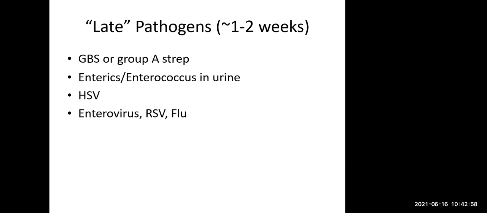Okay, for late onset, GBS again can cause it. This is one of the commoner causes of late onset sepsis, GBS. But there are more viruses. They can get a lot of viruses from the surroundings: RSV, influenza, COVID-19. These are viruses that most of the time are community acquired. Okay, COVID-19 is community acquired. So usually patients admitted to hospital will be screened so they don't get COVID in the hospital. COVID is mainly community acquired.